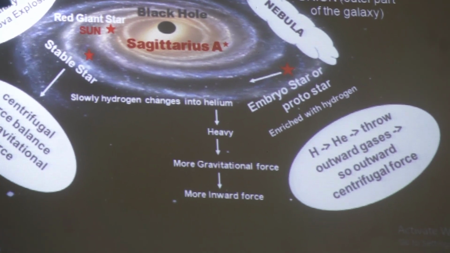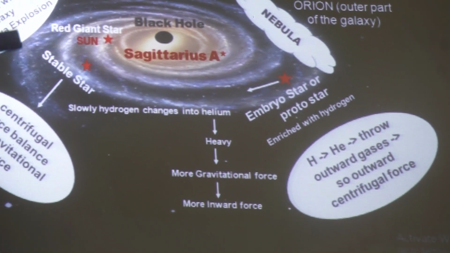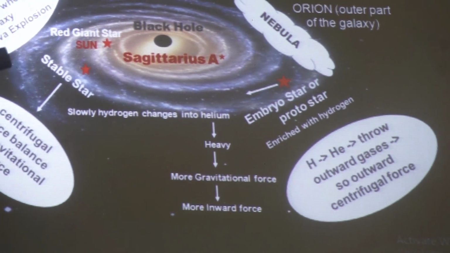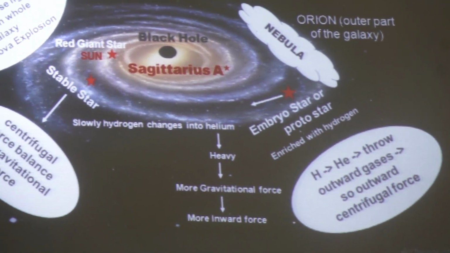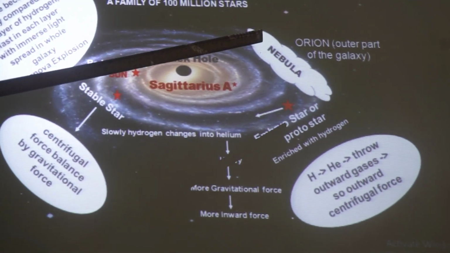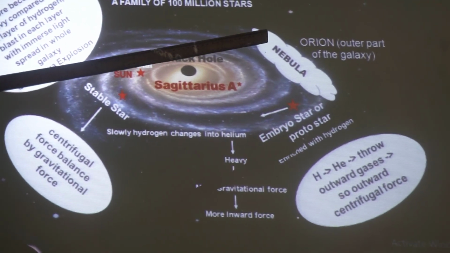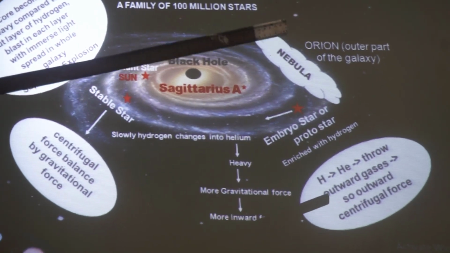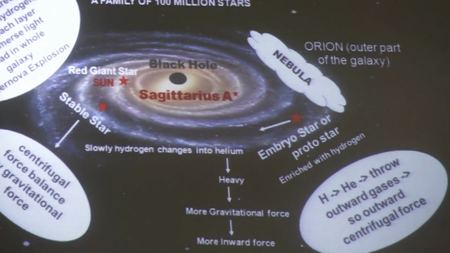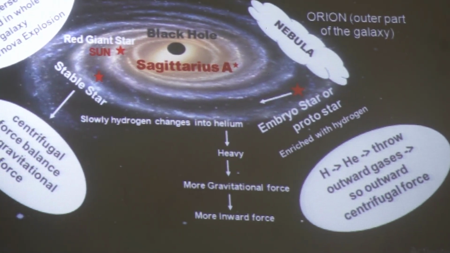When hydrogen goes away, there is a force which is throwing the hydrogen outward. That force is known as the centrifugal force, right? The centrifugal force throws the hydrogen outward, and helium is thrown inward due to the gravitational force. So now in this star, which is known as the protostar,